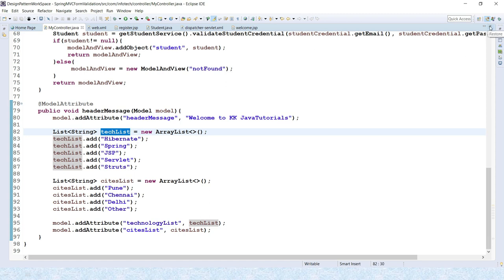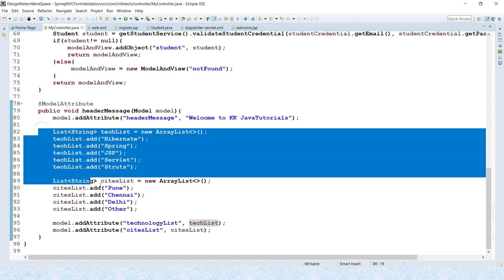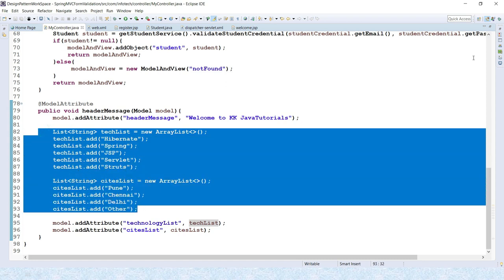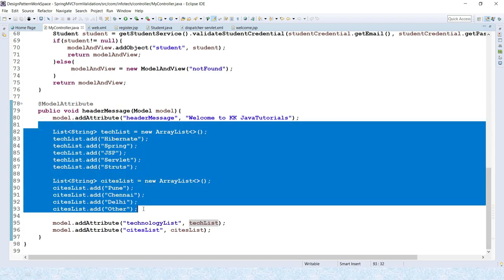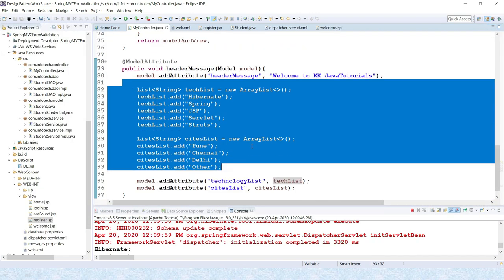Just for demo purposes I have hard coded this in the controller. But from here you can make a call to the service, and the service makes a call to the DAO layer, and the DAO reads data from the database. This way we can make these values dynamic, right?